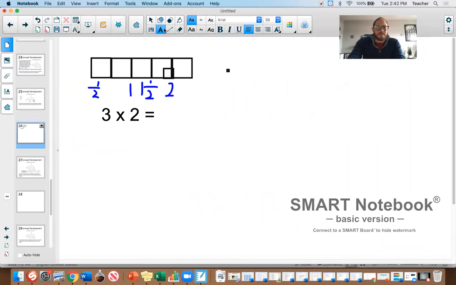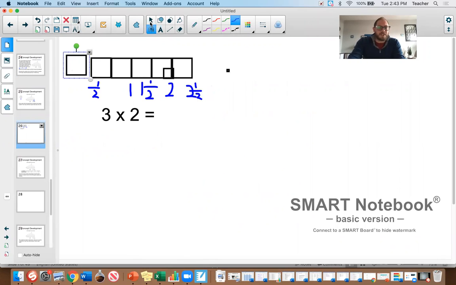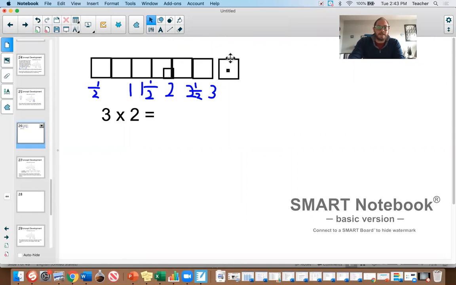Here we are. So this one here is 2½ inches long. And we need another square because we're not there yet. So we've got 3 inches long. And we're going to need another square. This thing. And let's move it into place. And we'll label that as our 3.5 inch long